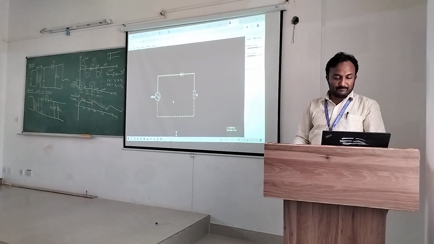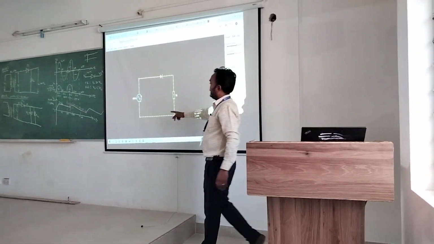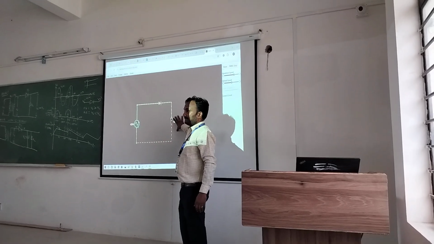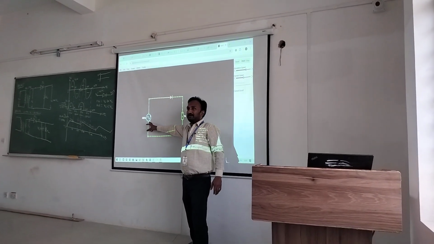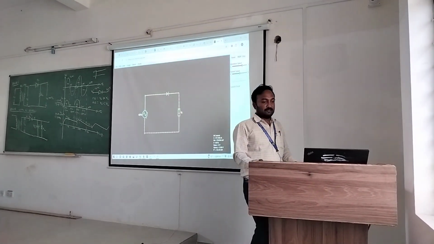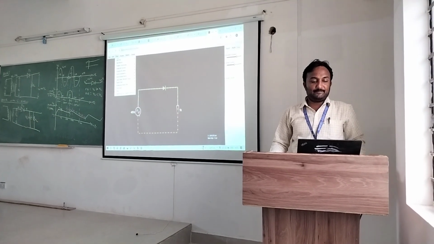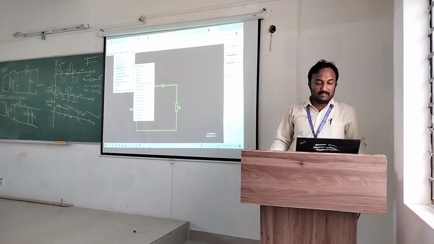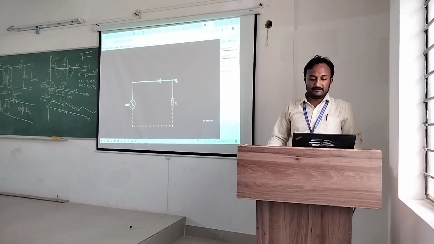Okay. So it's a very simple circuit wherein I have chosen an AC voltage input source. Then I have a diode. Then I have the load resistor. Now I have to see how the input looks and how the output looks. So for that, again you have to go to draw, then you click on output, and you click on add analog output and you can connect it here like this.